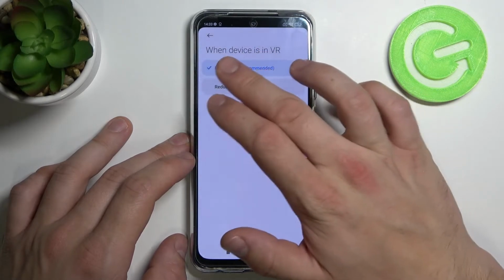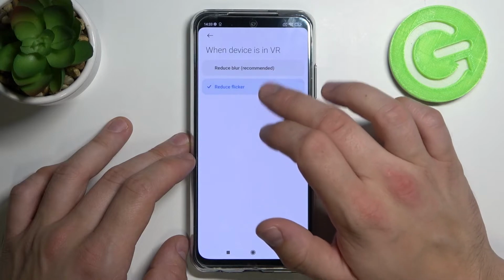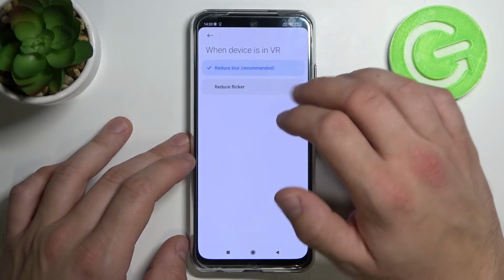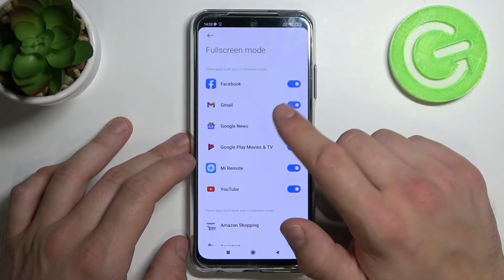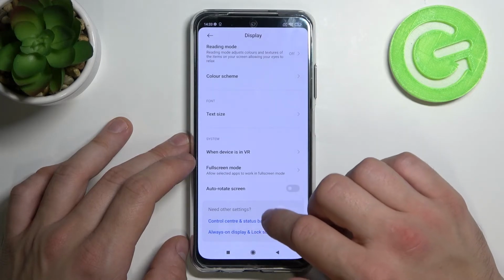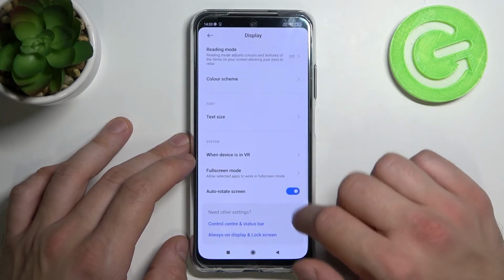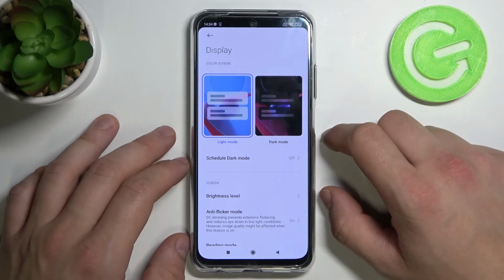Also, we can select when device is in VR. We can choose apps in full screen mode. And the last thing, we can turn on or off auto rotate screen. And that's all for display